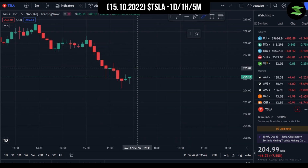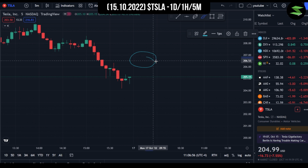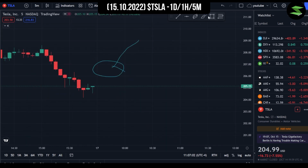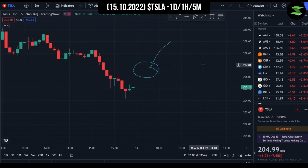So if you ask me what's going to happen on Monday, in my opinion, well, as I already told you, a gap up over here in the $206 range. And then, well, if you ask me, if the support acts up, we'll probably get a rally right up. But that is kind of difficult. In my opinion, it won't happen. We already saw a pretty bad day on Friday. And as most of you think that a red day means a green day the next day, it does not